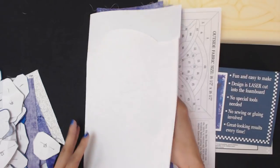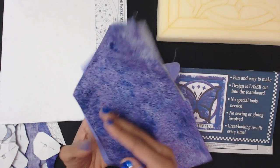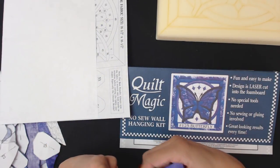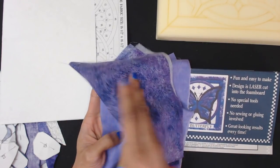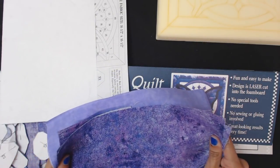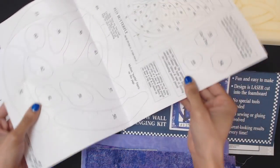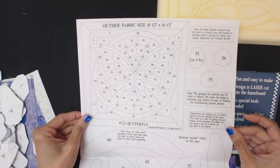It does come with the fabric, although some places sell it just the foam board only, so without the fabric, because you can then use your own fabric, like if you have any scraps or something like that, or if you have a specific design in mind or a specific material you want to use, you can most certainly do that. So it comes with the instructions, of course, but it comes with all of these sheets of paper, and